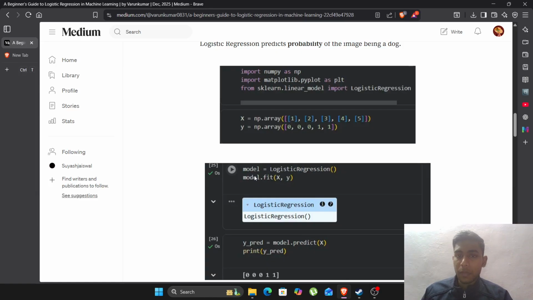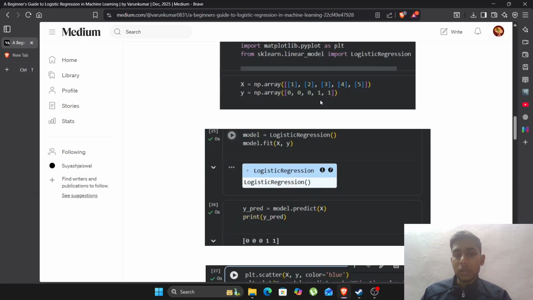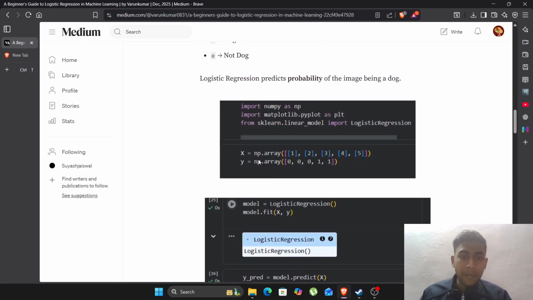Now we will see the explanation of it in the code. We are importing the required libraries for logistic regression. Import numpy as np for the calculation, and import matplotlib.pyplot as plt for the graph plotting. From sklearn.linear_model import LogisticRegression. Here we are importing logistic regression from the sklearn linear model, and here it is our input